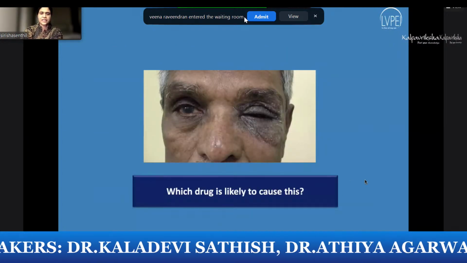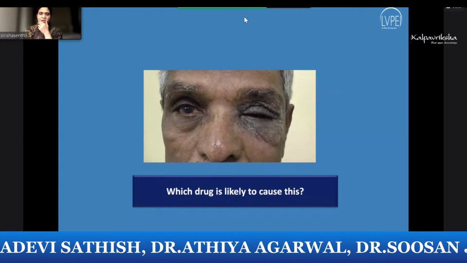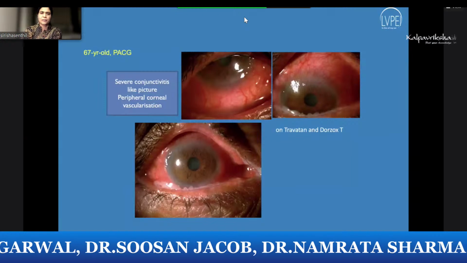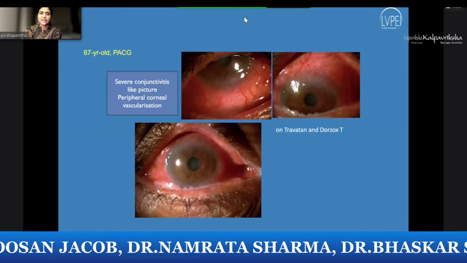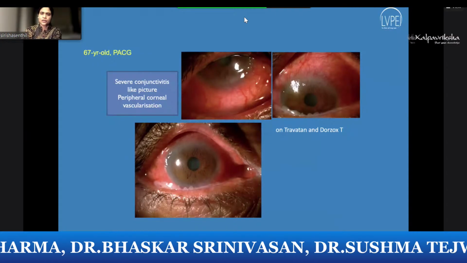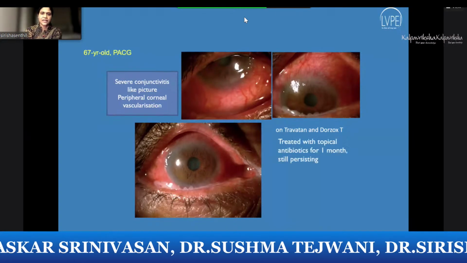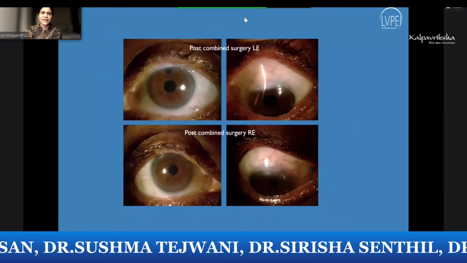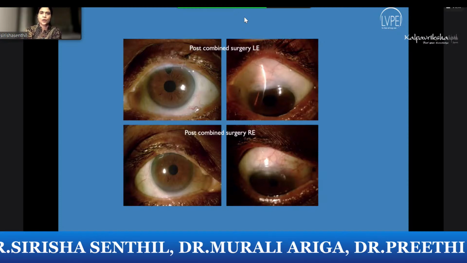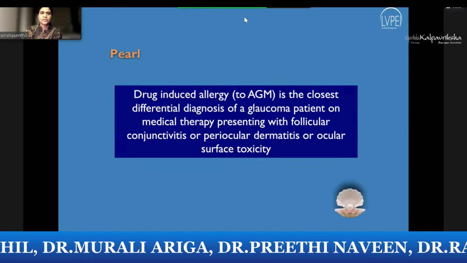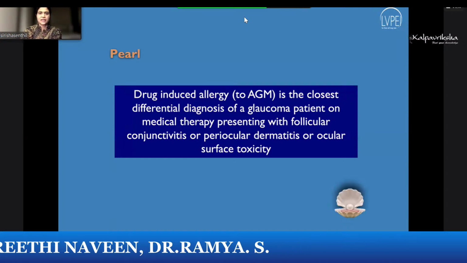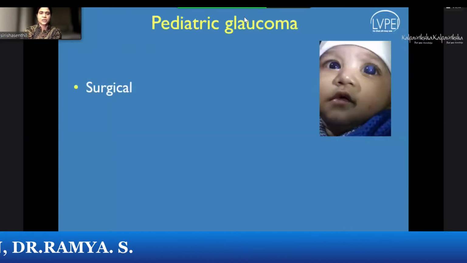So some side effects I just wanted to show. This periocular dermatitis is caused typically by brimonidine, either as a single drug or in a combination. Sometimes they have a severe allergy that looks like conjunctivitis. It's very important for those who are on topical anti-glaucoma medications for us to understand the way these present as side effects, and they have to be treated appropriately. And this is the same patient who was allergic to so many medications. Ultimately, we had to operate on the patient, and once operated, the ocular surface really improved significantly. So that is something that we need to know. Drug-induced allergies sometimes can present just like conjunctivitis.